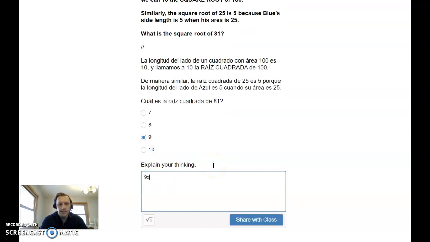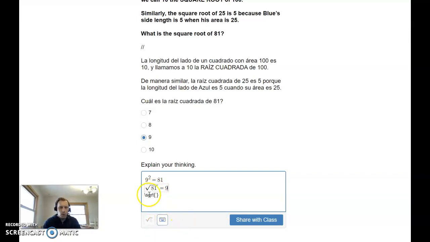9 to the second power, right? So 9 squared equals 81. So square root. The square root of 81 equals 9. Now you can get that square root sign by clicking on this keyboard and it'll pop up and